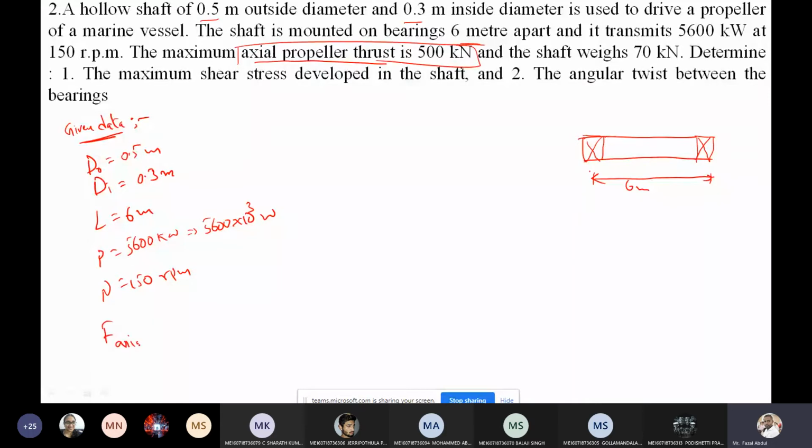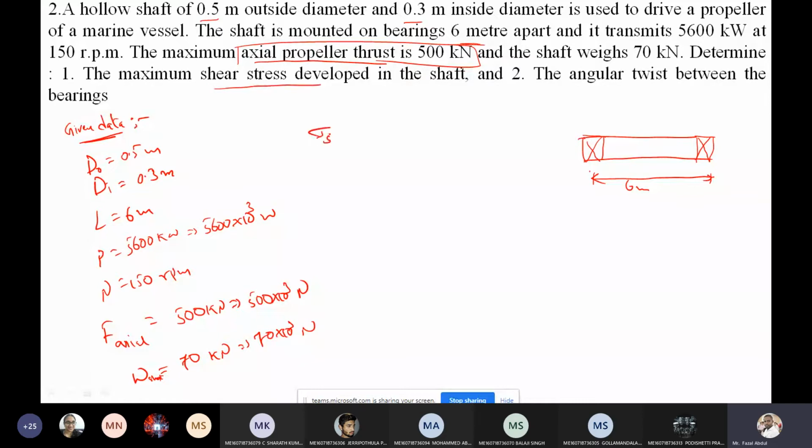Axial load is 500 kilonewtons, that is 500 into 10 to the power of 3 newtons, and shaft weight is given. Load of the shaft is 70 kilonewtons, that is 70 into 10 to the power of 3 newtons. Okay, determine first, the maximum shear stress developed in the shaft,